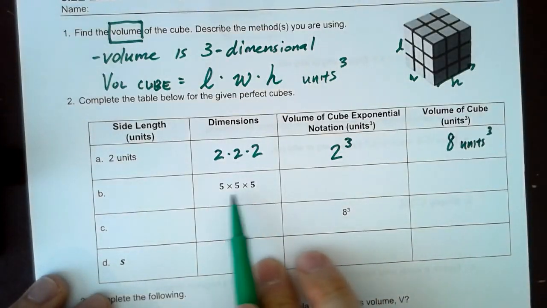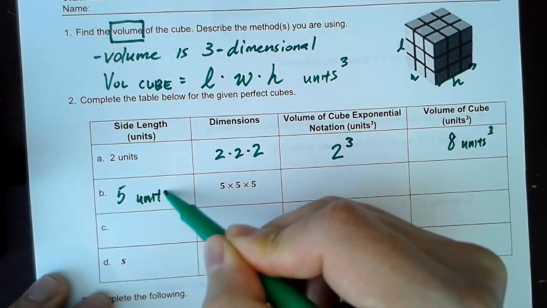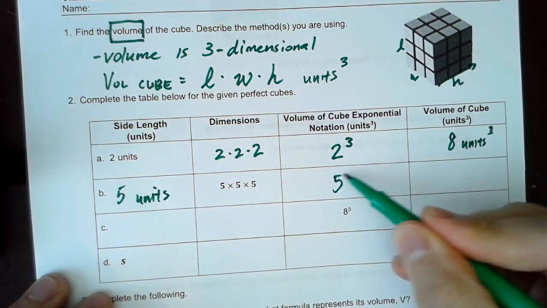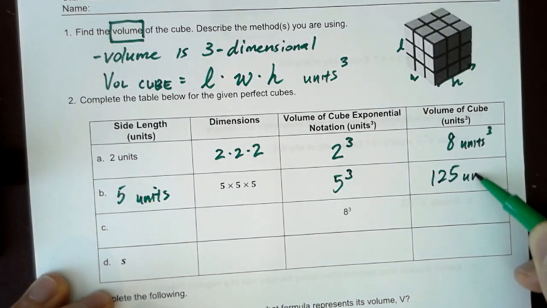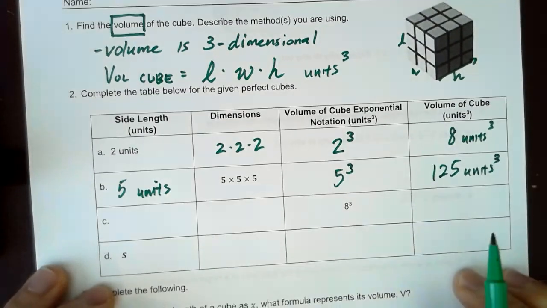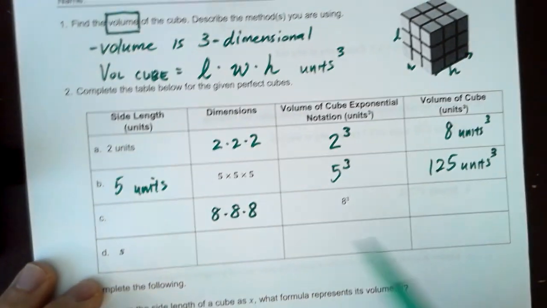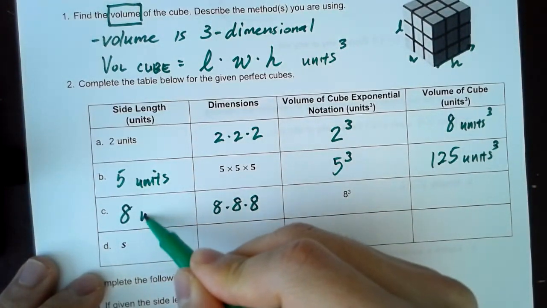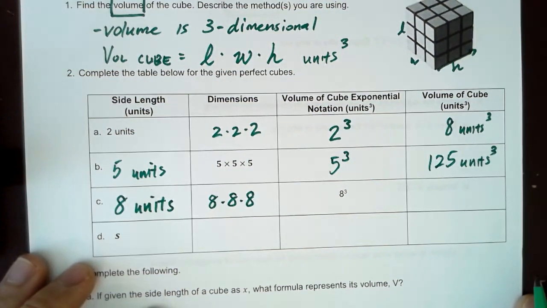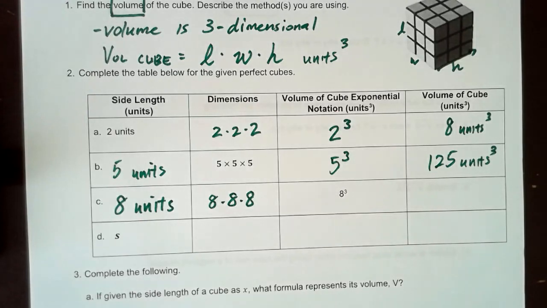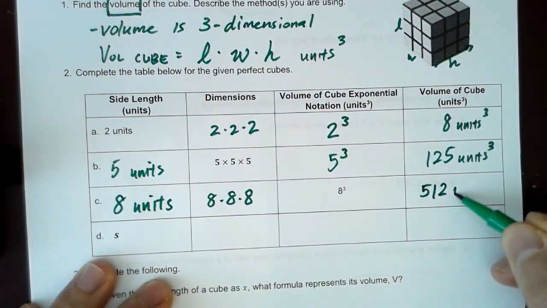Okay, here when we see it's a 5 by 5 by 5, I know that it's going to be 5 units. And I know that it's going to be represented as 5 cubed. Okay, here's 8 cubed. This is decently fast, so I'm going to go kind of fast. Each of the sides must have been 8 units. Now, does anyone know what 8 cubed is? If you said 512, that is correct,